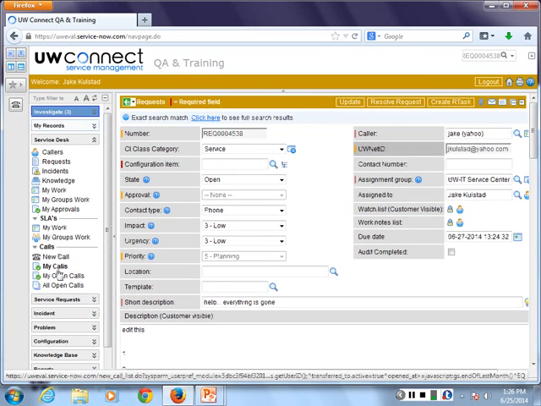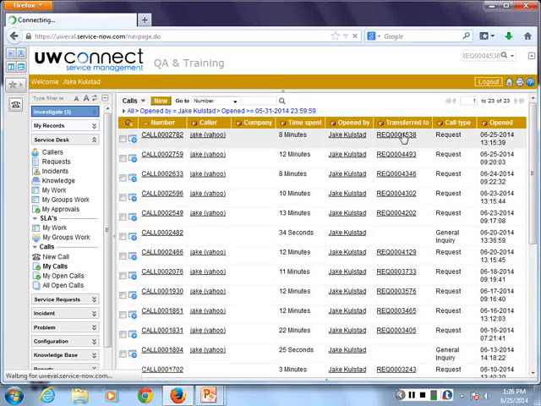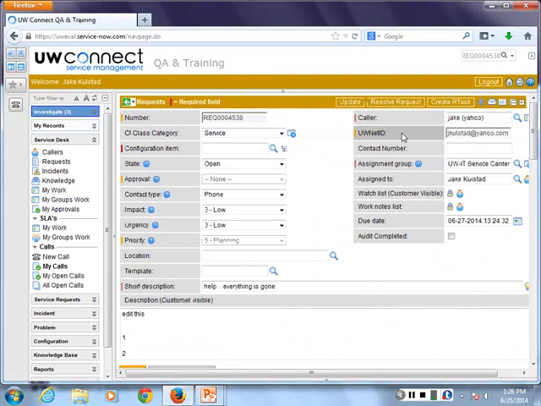I'll just point out, you can stay where you are. If I go back to my calls, I can see the call I opened, and I can also see the request it was turned into in the database. So hopefully you can see that up there. So I can always follow my work and see what happened with it. Okay. It's very interesting behavior. That's why I want everyone to see how that works. We aren't going to talk about the new call application anymore. Just wanted you to see it so you can make an informed decision.